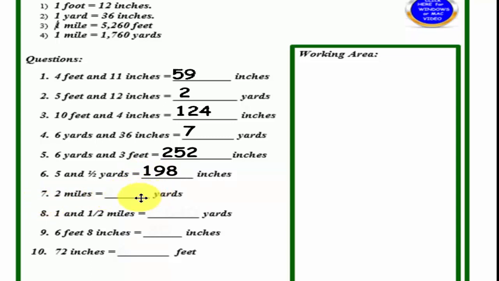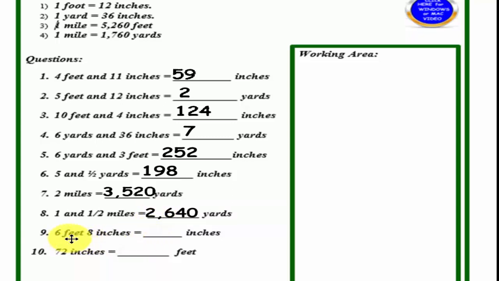Number 7. 2 miles is equal to how many yards? Well, if you look up here, if 1 mile is equal to 1,760 yards, what's 2? Just simply multiply those, and you end up with 3,520. Number 8, 1 and 1/2 miles is equal to how many yards? Well, in this example here, we know we have 1,760, right? And we have a half a mile, so simply divide that by 2, add those two together, and you should end up with